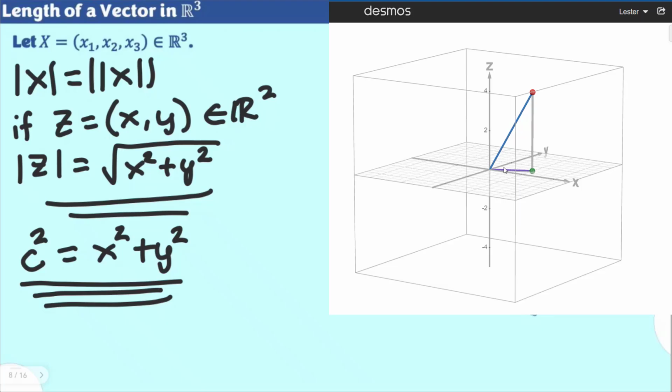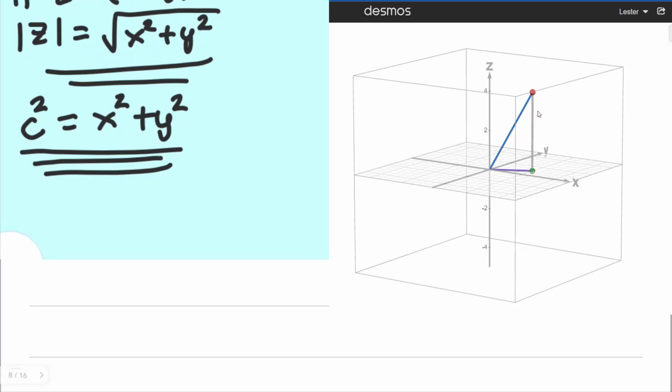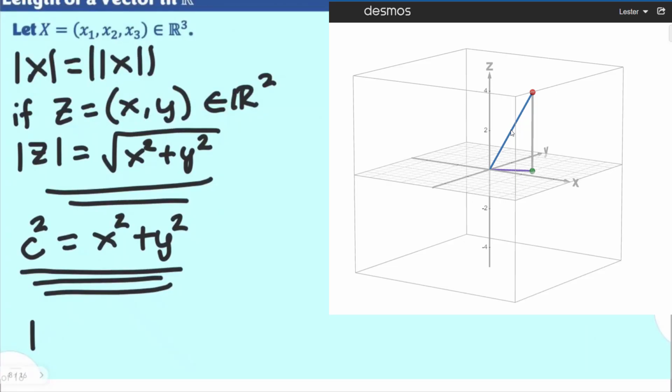together with this purple color, which is C, as we have illustrated, are actually the legs of another right triangle, where the original vector we are trying to solve for would be the hypotenuse. Allow me to illustrate that here. If it's the hypotenuse we're trying to solve for, it would be the vector or the norm of your x identified here, in general form. This is equivalent to taking this as the hypotenuse. So let's call that any other variable.